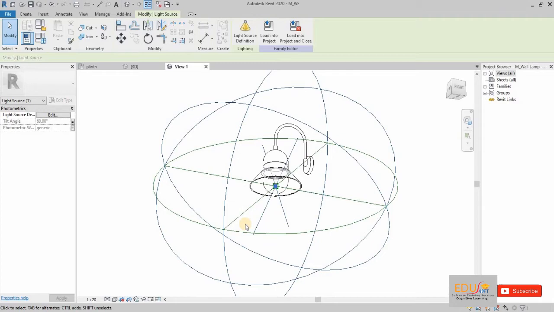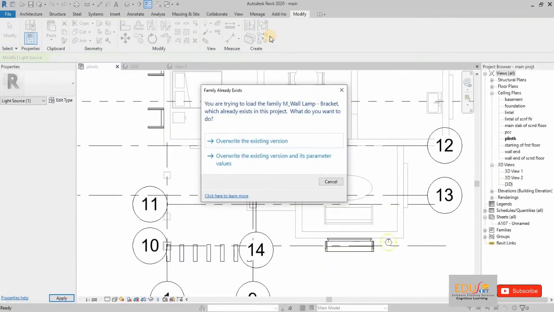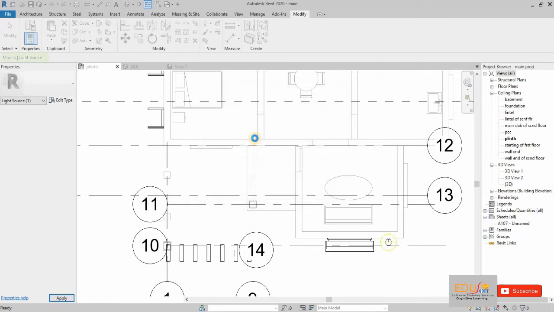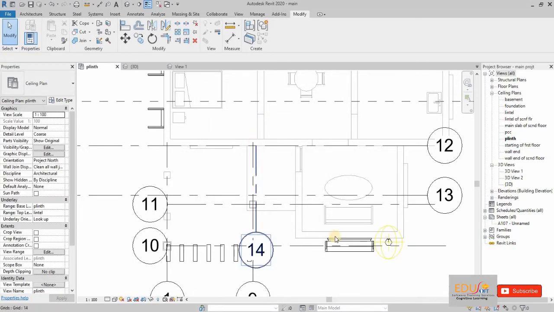Now load this edited family to our project using Load into Project tool. And click on overwrite the existing version. Now you can see the old light fixture is replaced with the edited one.